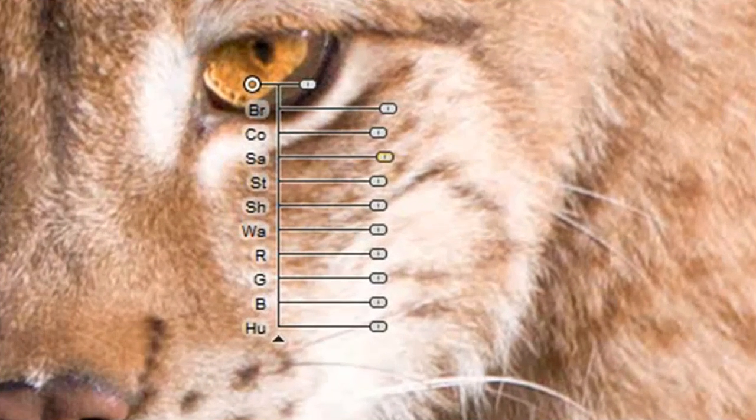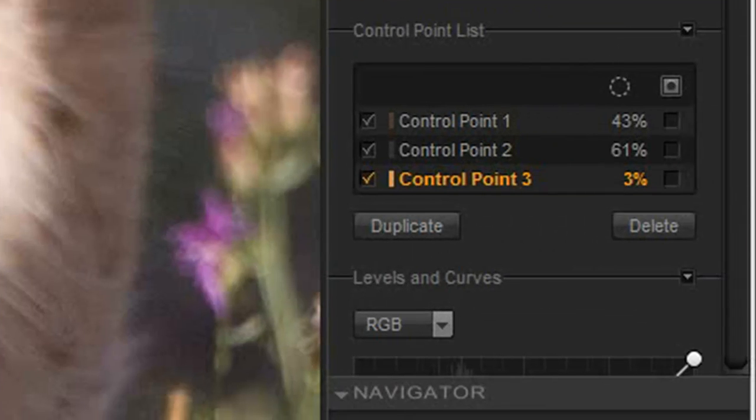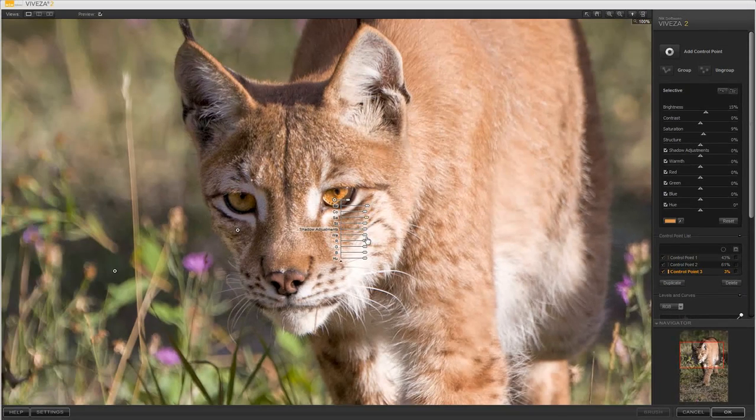So I'll go over to the right-hand side of the Viveza tool. Underneath the control point list, I'm going to click on duplicate, and it's going to duplicate whichever control point is active. And I can tell that this control point on the eye of the cat is active because it's got the expanded menus for me to use the sliders on. So I'll choose duplicate, and it's going to create a duplicate control point, and I'm just going to move this over here